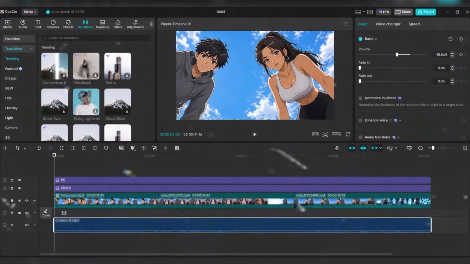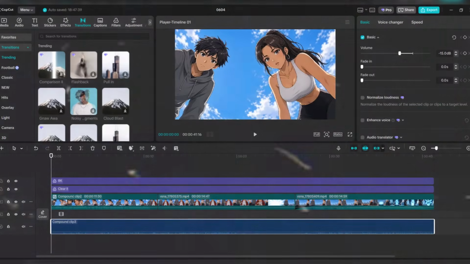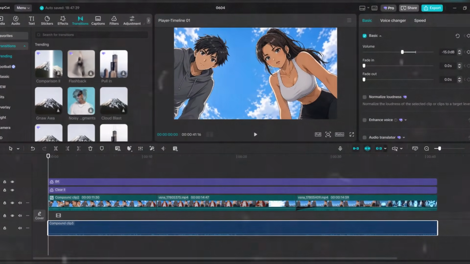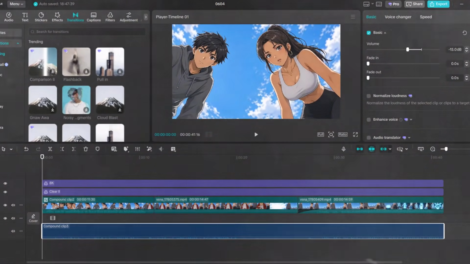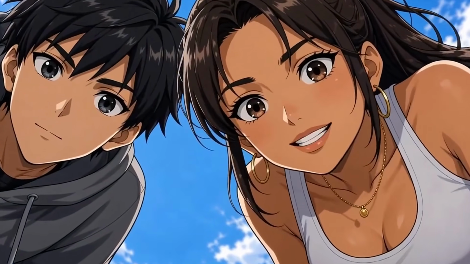Next, just use your favorite video editor to put everything together. Add your clips, background music, maybe a few filters to enhance the overall look. In my case, I used CapCut, and that was it. The video was ready. So there you have it, folks, one of the easiest and most powerful ways to create amazing AI content today. Now it's your turn.